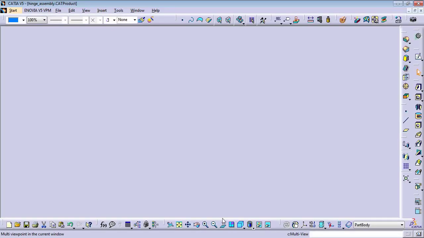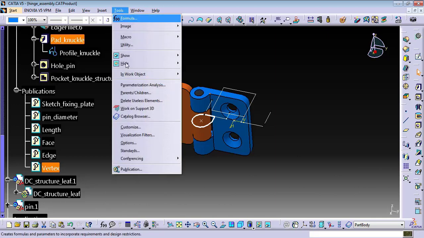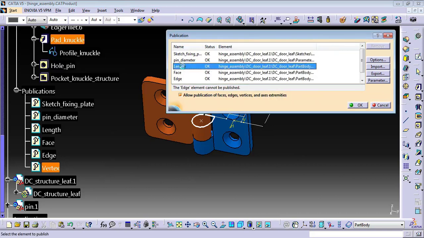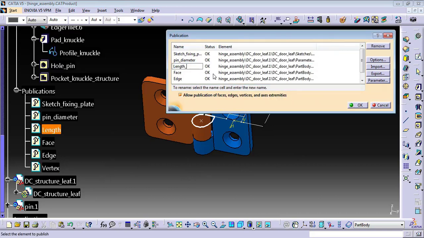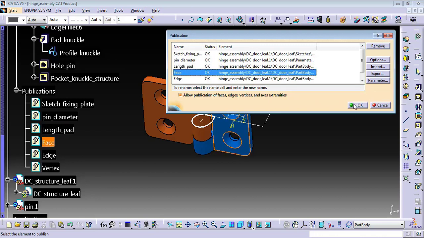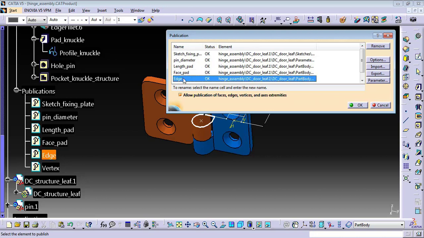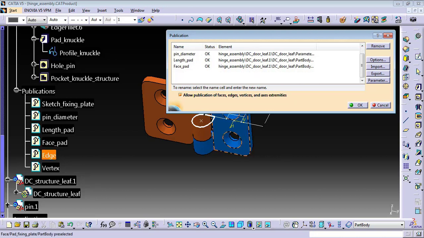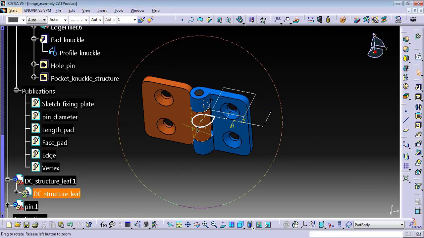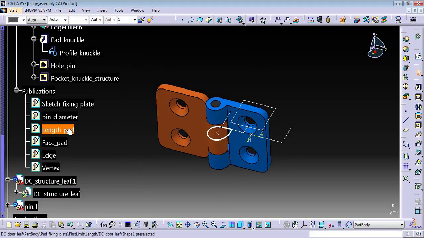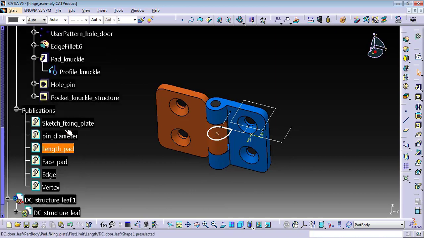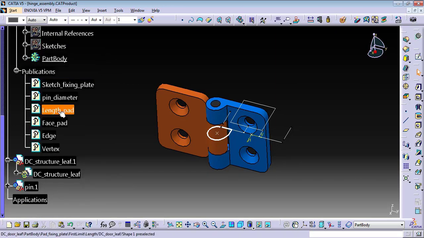Okay, if for example I have this element and I want to use them, I have to make frequent modification on them. Okay, sorry, let's make a publication. Let's change this one. Let's say this is length part. Let's say face part. Okay, let's say edge part. Let's suppose that I want to make many modifications of this length of this part. Okay, so it's time saving to have this